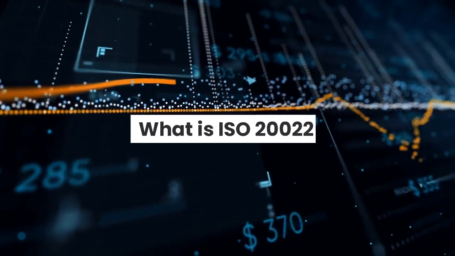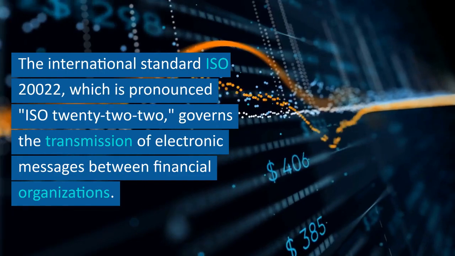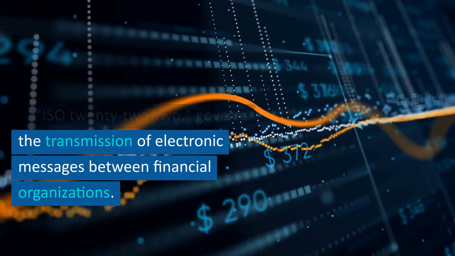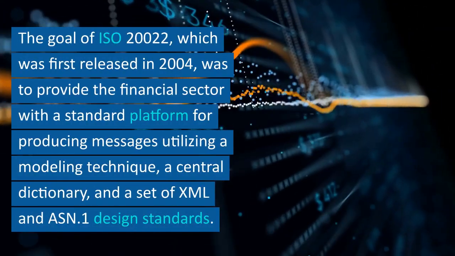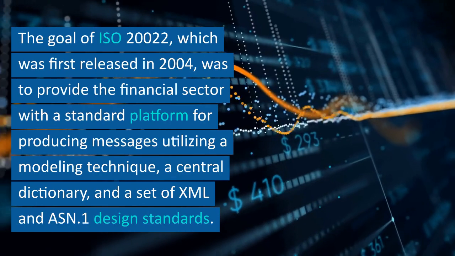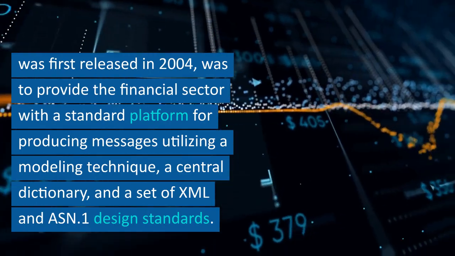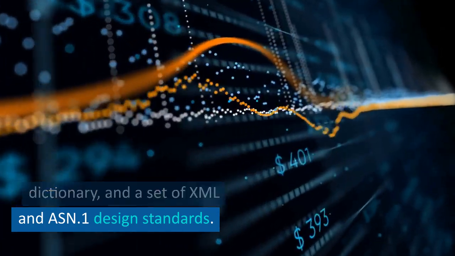What is ISO 20022? The international standard ISO 20022, which is pronounced ISO 20022, governs the transmission of electronic messages between financial organizations. The goal of ISO 20022, which was first released in 2004, was to provide the financial sector with a standard platform for producing messages utilizing a modeling technique, a central dictionary, and a set of XML and